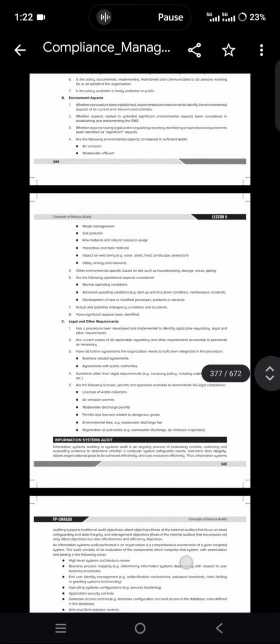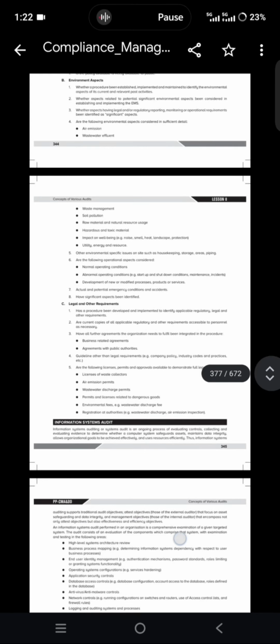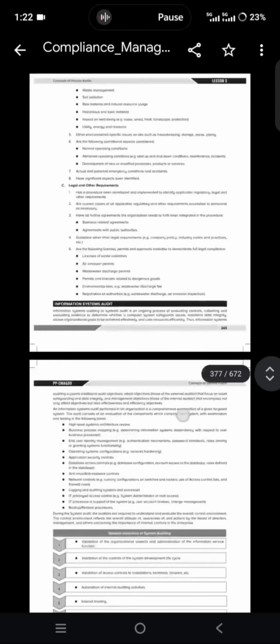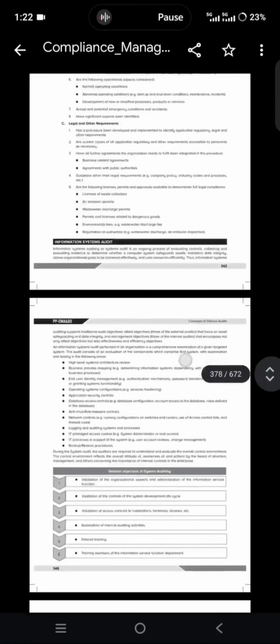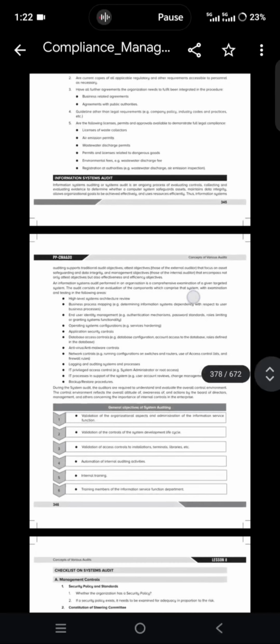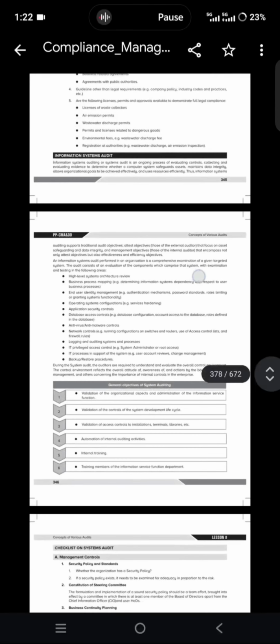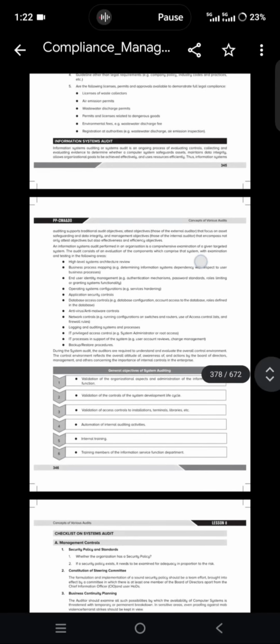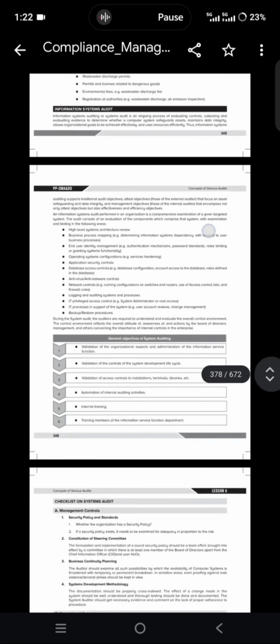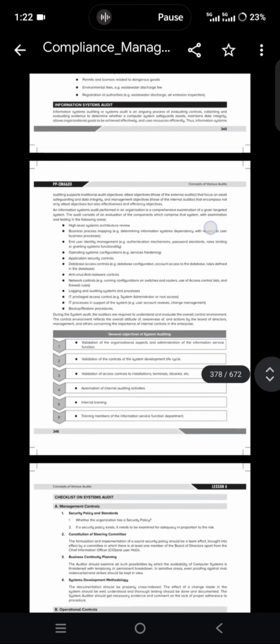When it comes to environmental audits, there are two types. First, the environmental compliance audit, and second, the environmental management system audit, the EMS audit. EMS is also known as ISO 14001. First, in the environmental compliance audit: air, water, radiation, pesticides, and miscellaneous. These acts are given. And next, in EMS, ISO